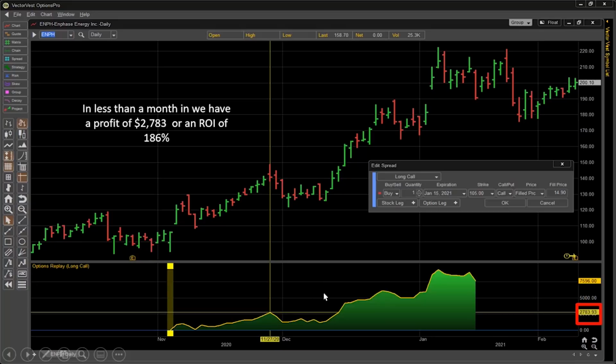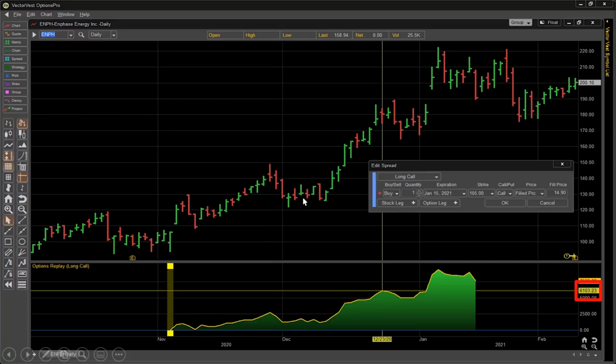Now, as you can see, the stock continued to rise after a short consolidation here. If I fast forward up to what's this, in just less than 2 months, we have a profit on the same trade of $6,100. That's a 400% return on investment. As long as the stock continued to rise and we were profitable, our risk management techniques most likely would have had us out somewhere in this range.